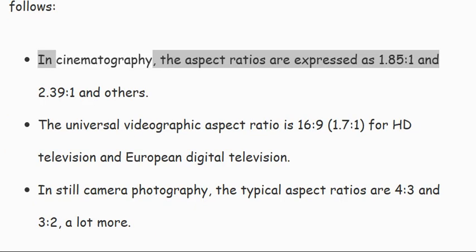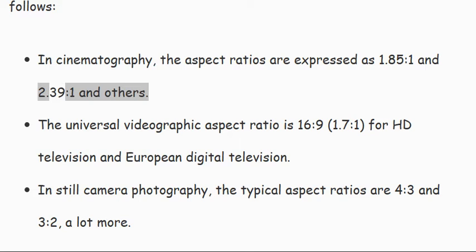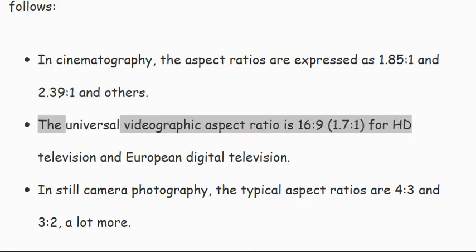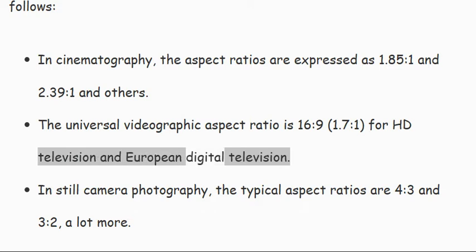In cinematography, the aspect ratios are expressed as 1.85:1 and 2.39:1 and others. The universal videographic aspect ratio is 16:9, 1.78:1 for HD television and European digital television.